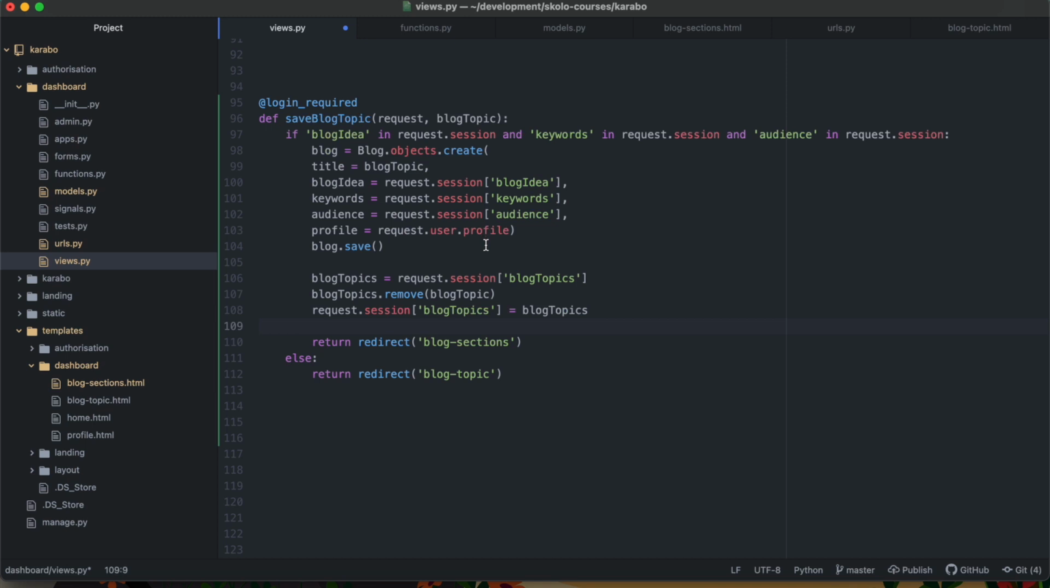Then what we're going to do is call it, right? And then we're going to remove it, and then save it again. We're going to save it over the same thing, now with the topic that has just been removed. So it shouldn't be there anymore, technically. Let's hope that works. But we must also double check that blog topics is in the request.session, which will be technically